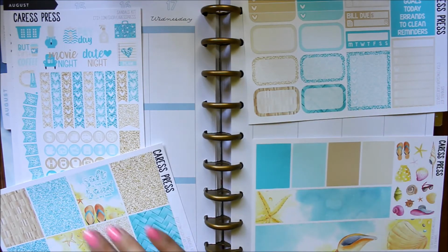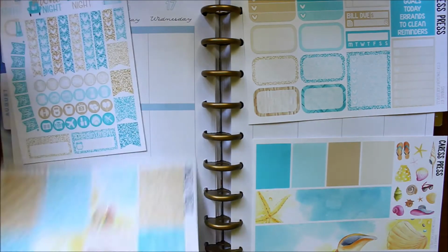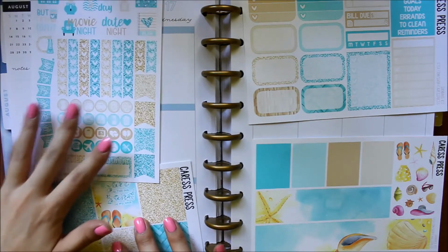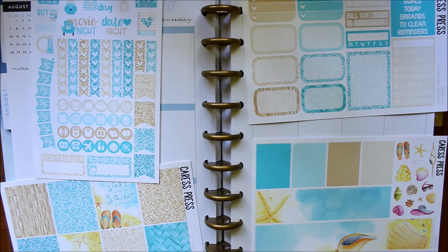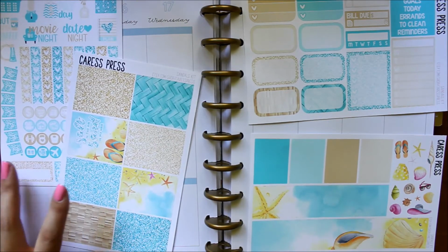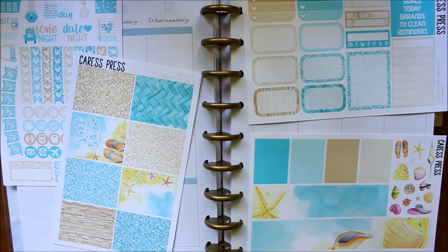Anyway, I'm really excited because next week I am going to Chicago, and, well actually, let me backtrack. So this week I'm going to be using the Sandals mini kit, and this will be the first week I'm working with a Crest Press mini kit. So I'm pretty excited and I'm going to try to actually use up everything in the kit, or as much